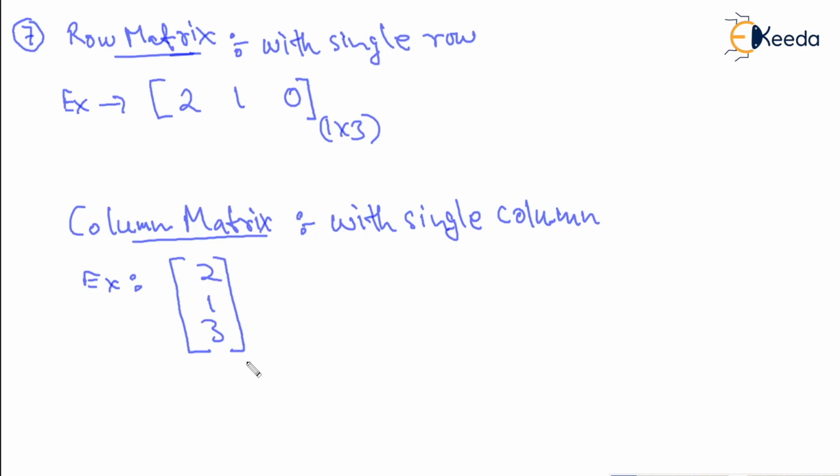So this is 3 cross 1. The number of rows is 3, and there is only one column. This is a column matrix. So in case a matrix has only one row or one column, it can also be known as a vector, right? Okay,